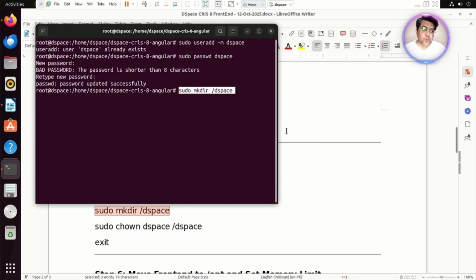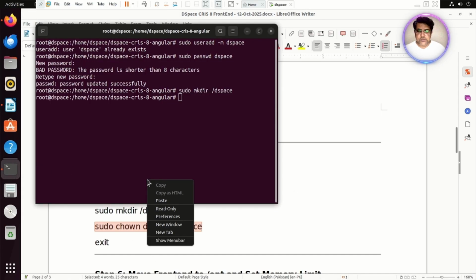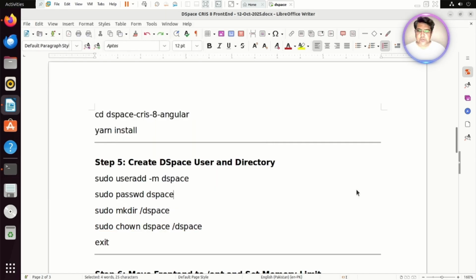Directory is actually folder name, so we are going to create one folder, that is DSpace, and we can actually provide the rights to that folder directly. Use this command, and we can exit here